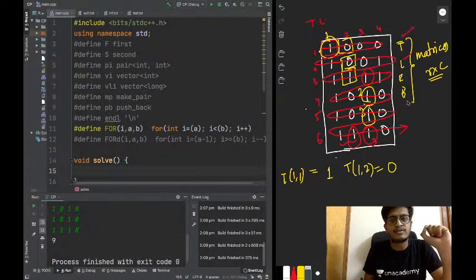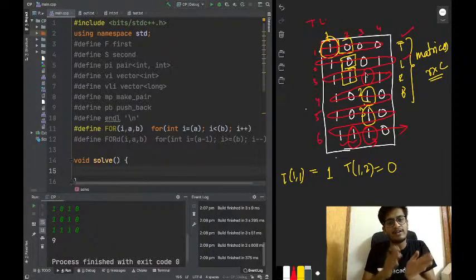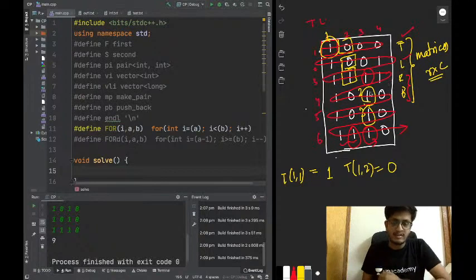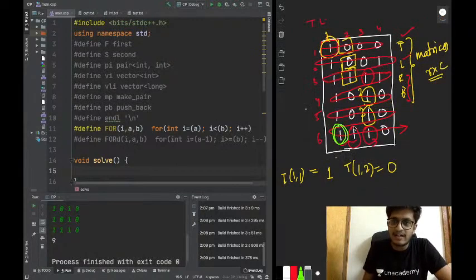So if we pass the matrix like this, we can update all its T and L values, but we cannot update R and B values, because the R value depends on the R value in the right. If we pass the matrix in the order I told you, we will not get the R and B values. The R value of this cell is the R value of the cell to its right plus 1. So the R value of any cell depends on the value in its right, so we cannot pass this array like this. Instead, we have to pass this array like this.